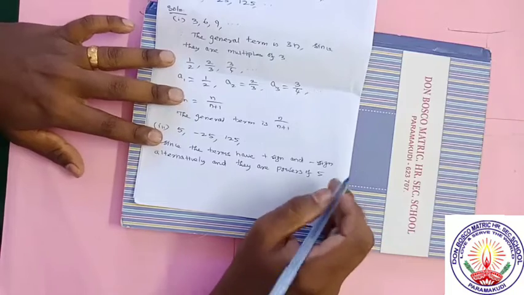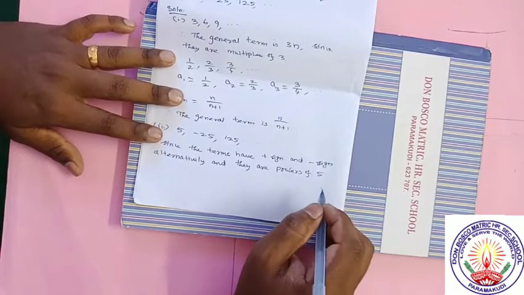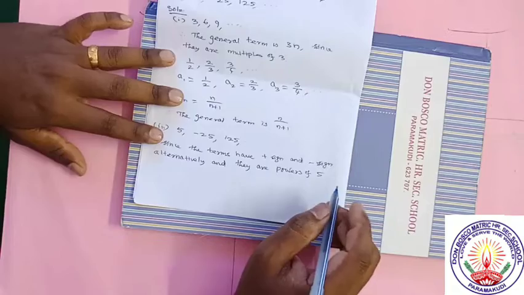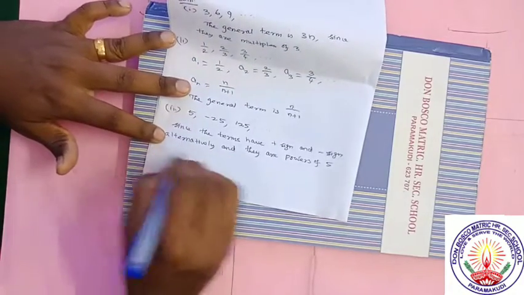Powers of 5 means 5 power 1, 5. 5 power 2, 5 square, is equal to 25. 5 power 3, 125. Like that. The general term is